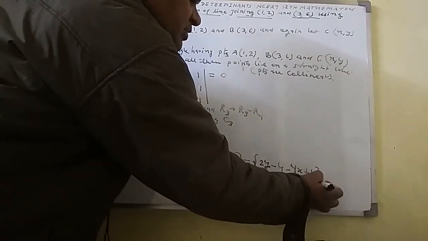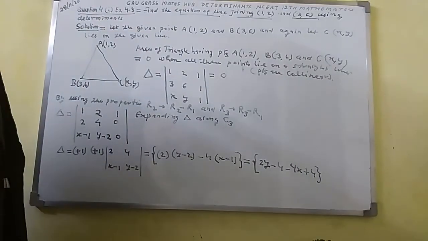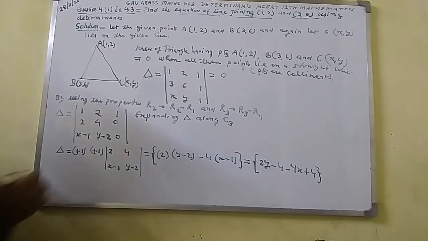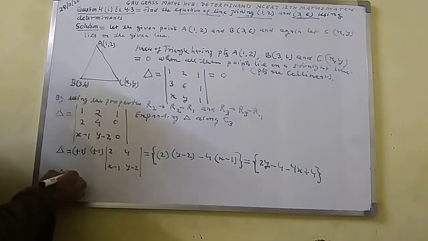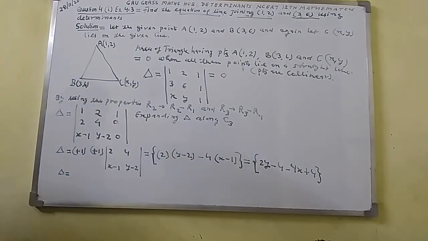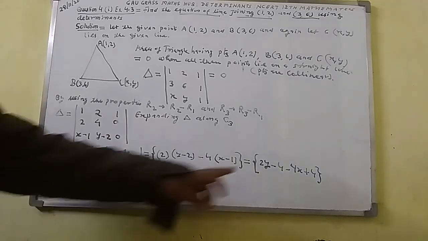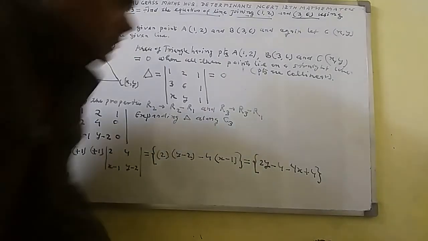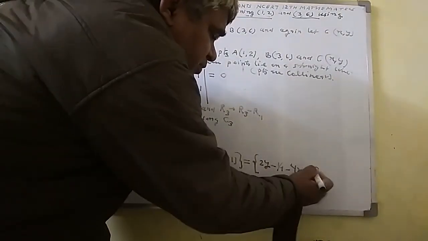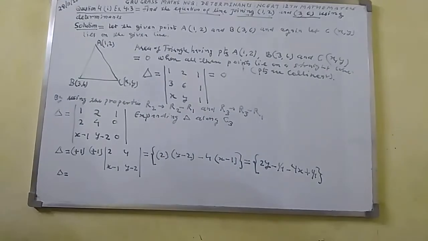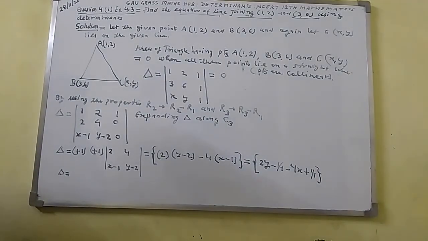Curly bracket close. Now simplify this one. Again you will get here det equal to, here you can see 2y minus 4. So minus 4 plus 4 will be cancelled out. So here you get 2y